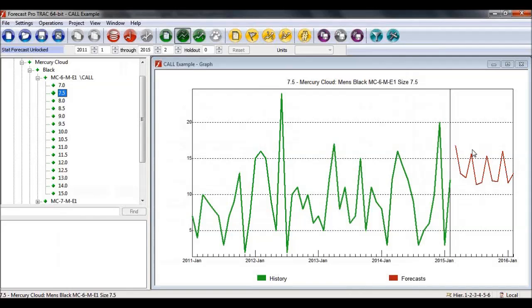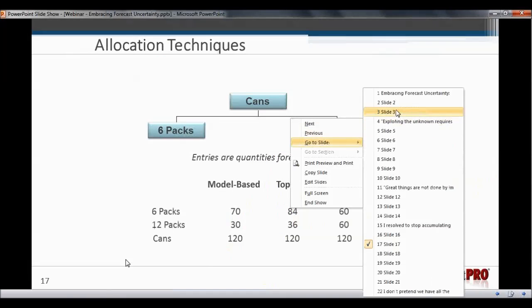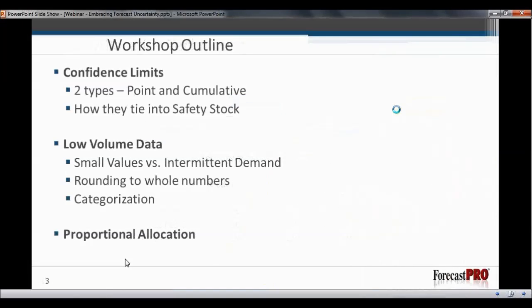So to recap what we've seen today, I'm going to go back to my initial slides here, and I want to start talking about some of the key things that we've looked at so far. So we looked at confidence limits. These can be used throughout the application on high volume, low volume, but any items that I have a certain amount of uncertainty. I want to provide a certain amount of safety stock, a certain amount of buffer around my data, whether that's a confidence limit to give you a sense of the range of where you think your forecast will come in, or whether I actually need to do some sort of stocking limit